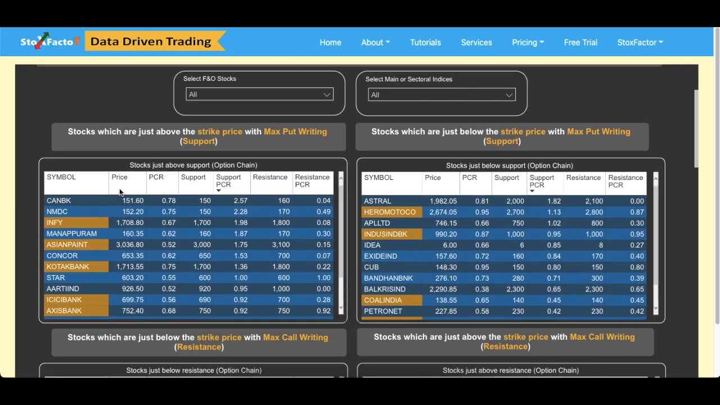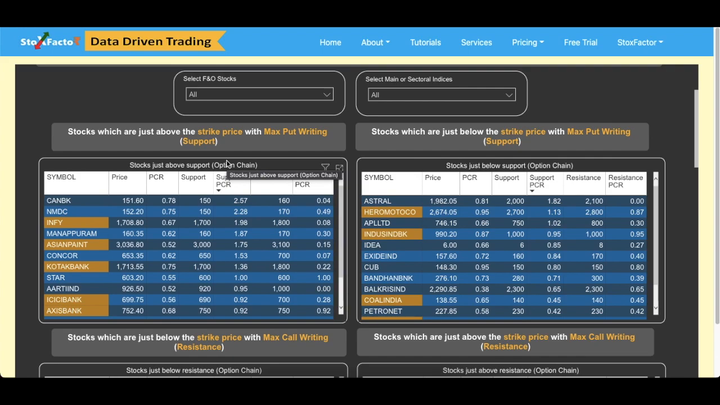As you can see, stocks which are just above the strike price with maximum put writing, that is support. So what do we mean by that? The point is, the table below will filter down those stocks which are just above the support level as per the option chain. And what is the support level? The support level is the strike price where the maximum put writing exists. As we have discussed in earlier videos already,